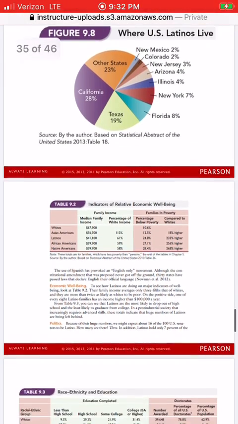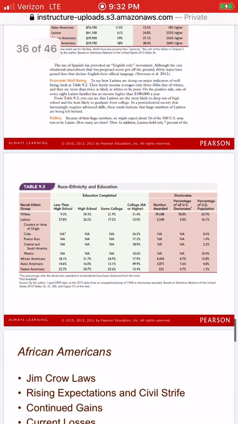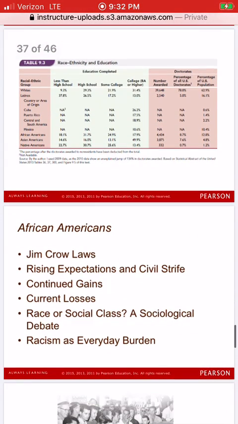And not only that, but if we were to also look at the education component of it, you can see Latinos fall behind white Americans in formal education. Just about 57% of adult Latinos have completed high school, compared with about 85% of non-Latinos. Mexican Americans have some of the lowest levels of educational attainment. Cubans have some of the highest, owing to the fact that many Cuban immigrants in the United States were middle and upper class people, which we had talked about before. So I think that's really important when we begin to break down not only the racial and ethnic component of it, but also the social class component of it too. All right. So let's continue to move on.